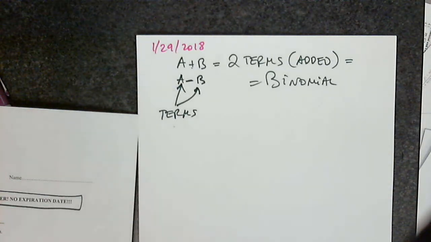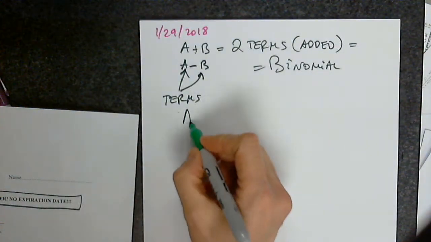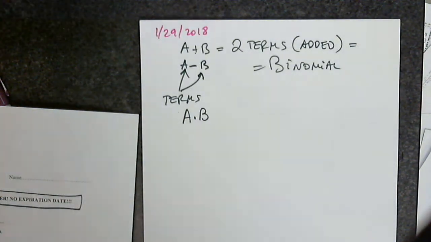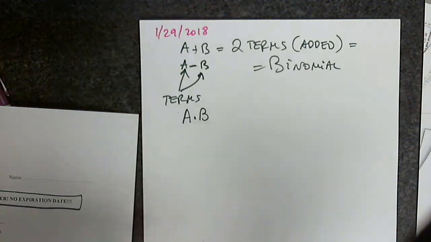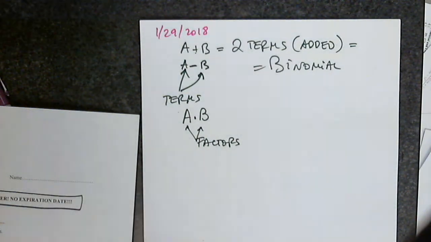So what's the big deal? It's a big deal because we also have quantities that are multiplied. So when I multiply two quantities, how are they called? They can be terms because we know that terms represent quantities that are added or subtracted. But now I have to multiply. How are these two called? Thank you. So what's the big deal? Well,